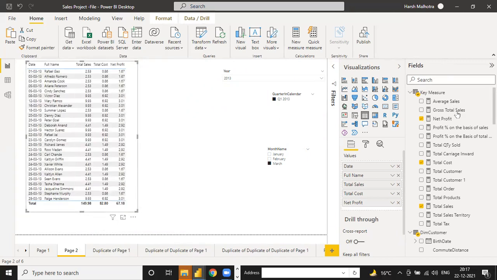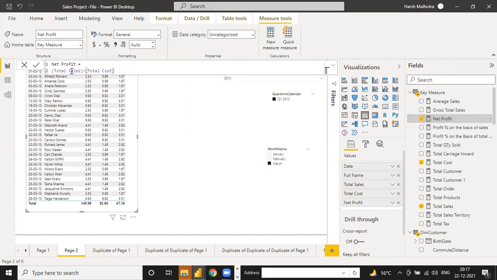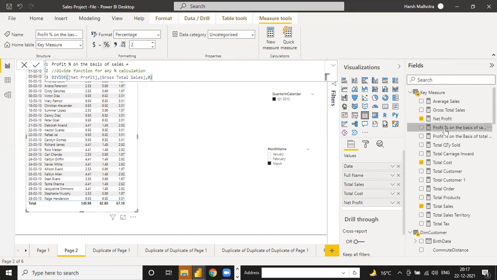No, nothing specific. If I click on this net profit, this one is A, this one is B. A minus B is equal to the difference. And for the profit percentage, you can calculate it with the divide function, C divided by A. See, this one is C. C divided by A is your divide percentage function. Any other questions, guys?